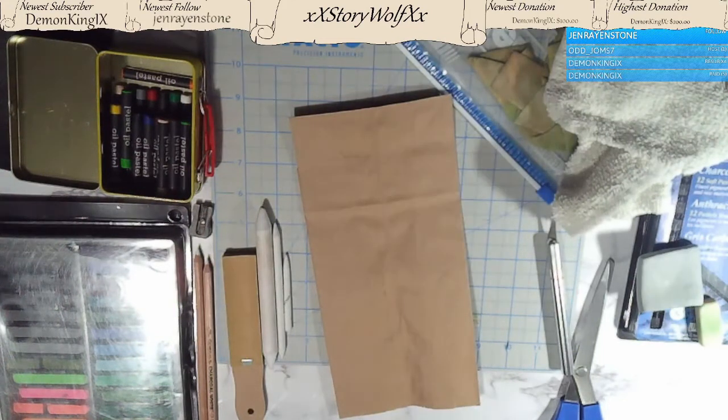I'll be using that, but that's not going to come until later. I'm going to need to put it down somewhere. Probably right over here. But yeah, I'm going to stick it right there. You don't have to use the hot glue gun. I just have that for me to use. You can use anything like...